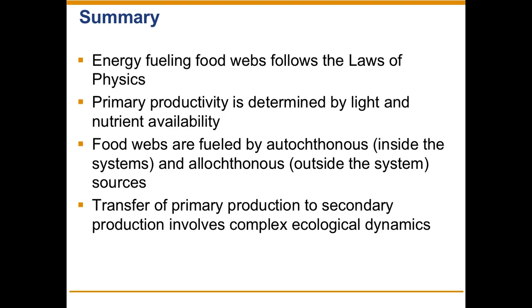Quick summary. Energy fueling food webs follows the same laws of physics. Primary productivity is determined by light and nutrient availability. Food webs can be fueled by allochthonous and autochthonous sources. And the transfer of primary production to secondary production happens through a lot of